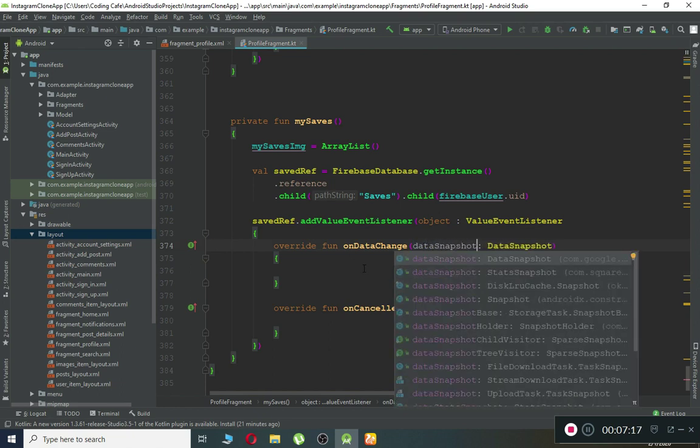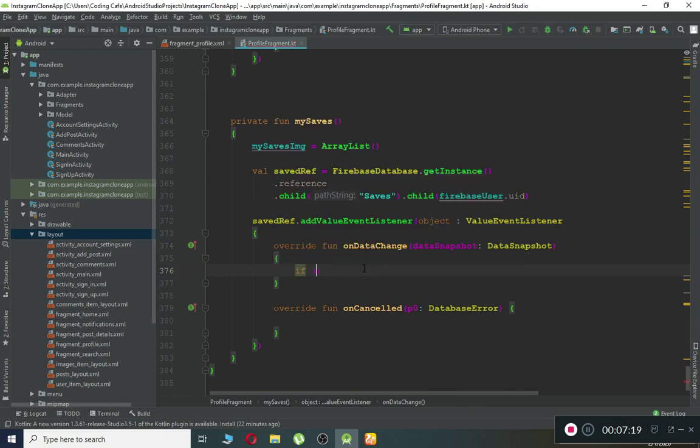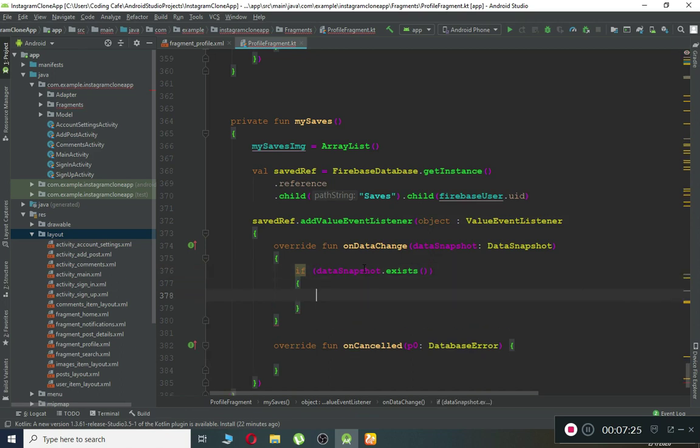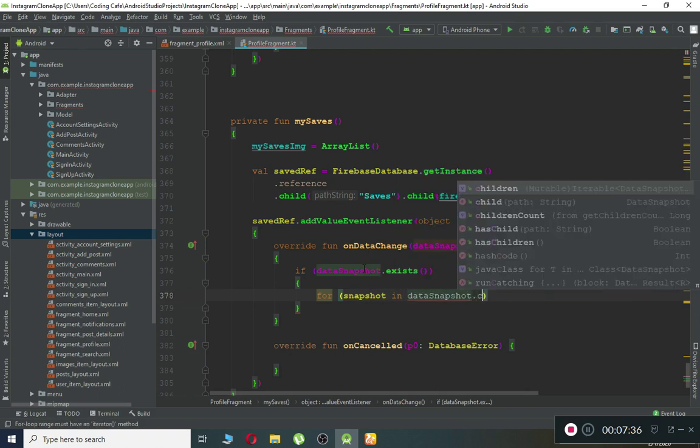Okay, so we can say if dataSnapshot dot exists, which means if the user ID exists, if the user has saved any picture, then by using for each, you can say snapshot in dataSnapshot dot children